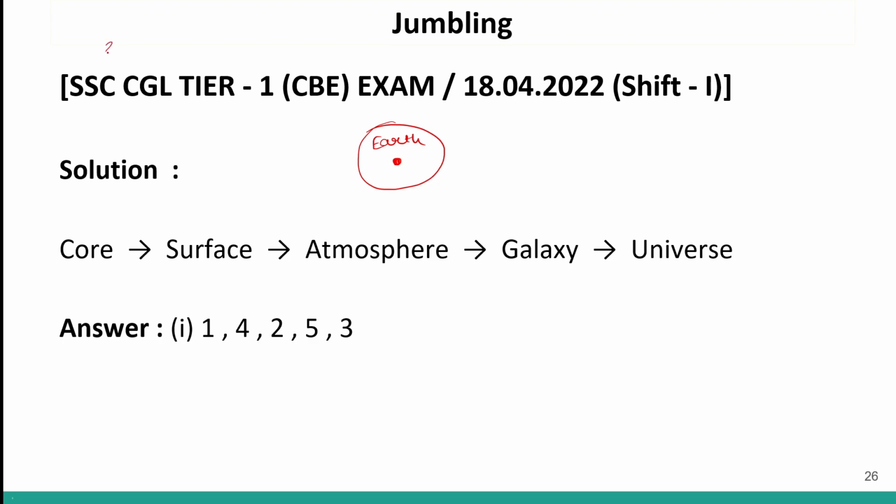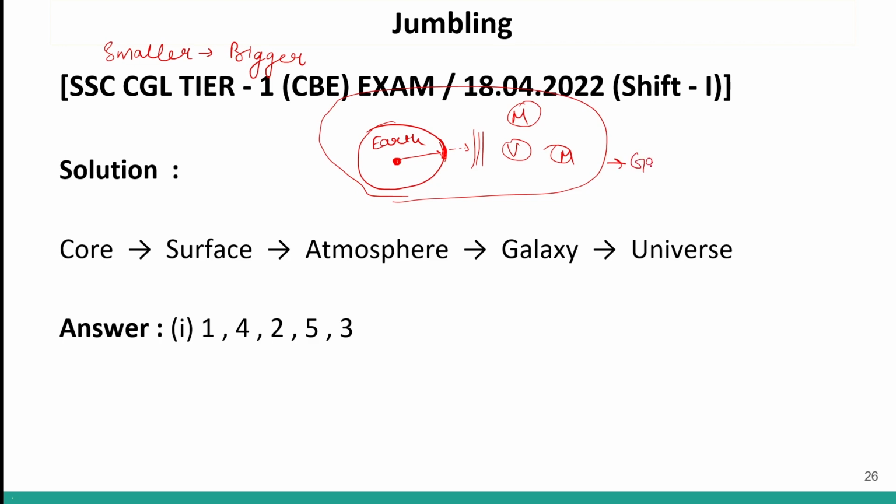Logically, we are moving from the smaller aspect to the bigger aspect. That is what we are doing, right? So Earth, when we move forward, we'll come to the surface of the Earth. If we move forward, we'll see the atmosphere of the Earth. Now, when we move forward, we come out. There will be many planets like Earth, Mars, Venus, Mercury, right? All these planets. And this will be called a galaxy, right? This is the Milky Way galaxy,